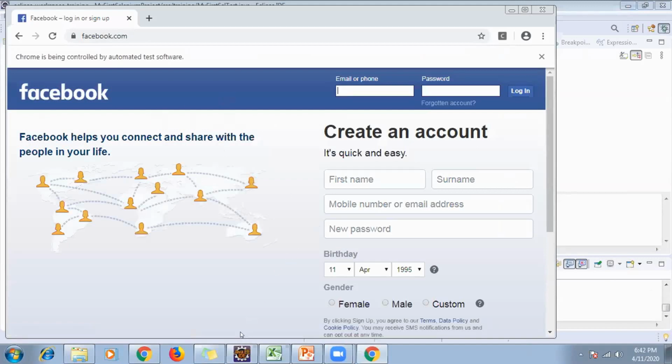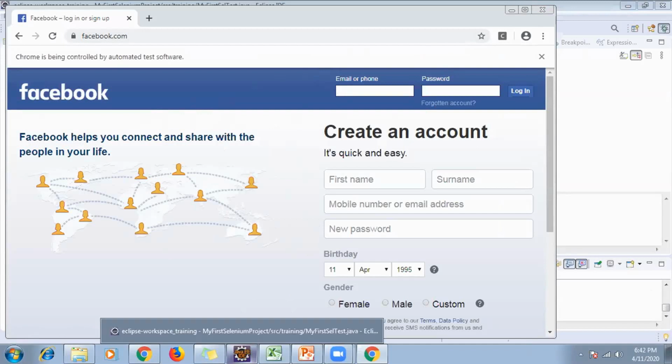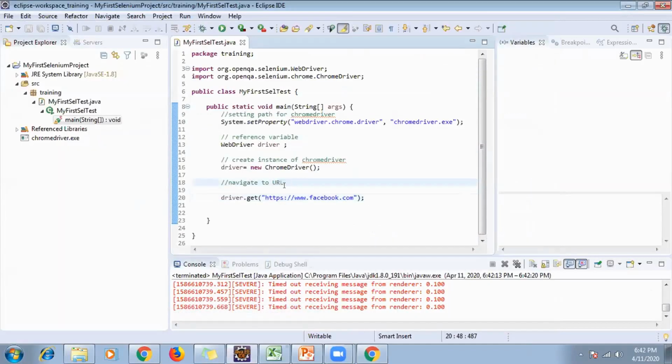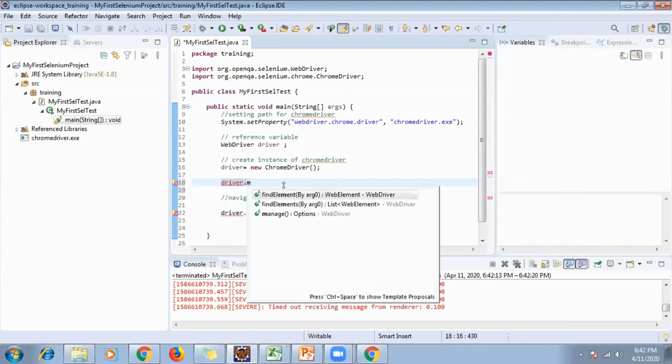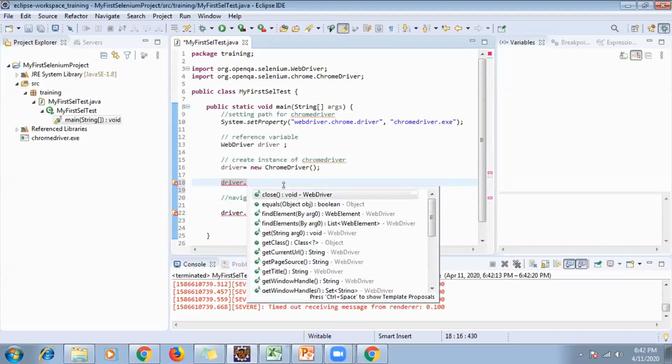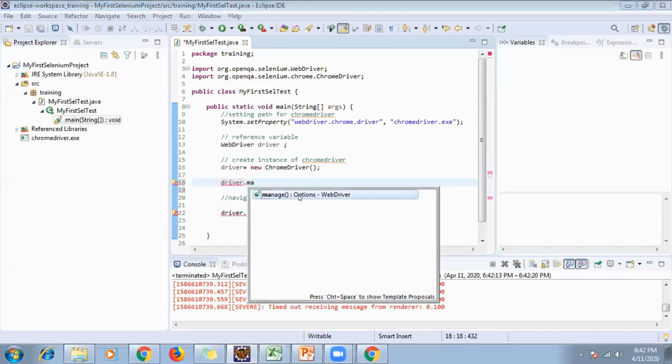Now you would have noticed that it is launching, but the window size is not proper. It would be good if the size is fully maximized. So there is a method available with the WebDriver where you can manage the window. Let me use that: driver dot manage dot window dot maximize.